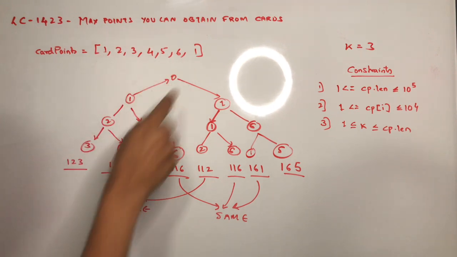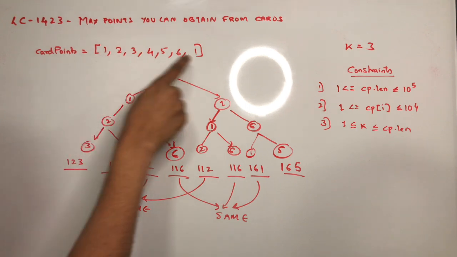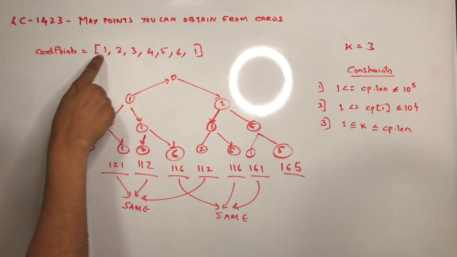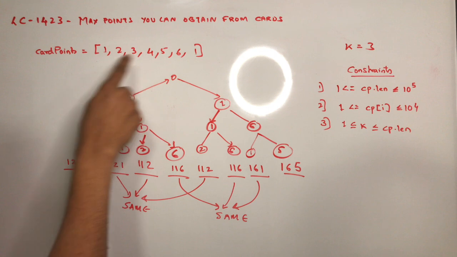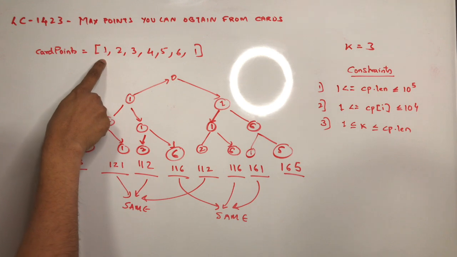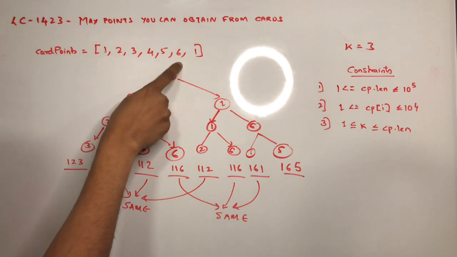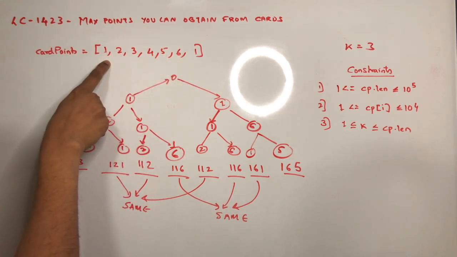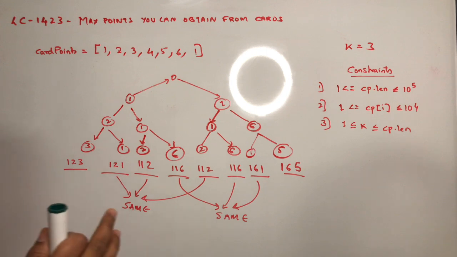So that is 1, 2 and 1, which is listed here. Similarly, you can pick 1 and then instead of picking 2, you can go to 1 and then pick 2. So your order will be 1, 1 and 2, which is listed here, and so on and so forth. Then 1, 1 and 6, 1, 6 and 1, and 1, 6 and 5. So basically, you might have got an understanding of how you can go about choosing and picking particular cards depending